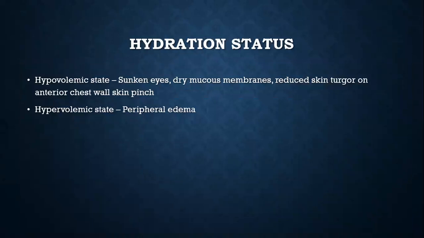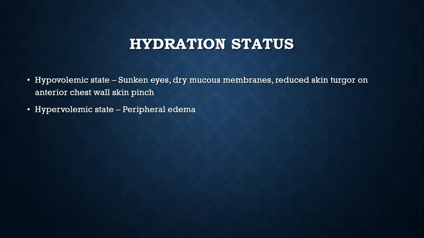So when we look at the nutrition, we should always also have a look at the hydration status of the patient. We know that one of the common complaints of the gastrointestinal tract will be nausea, vomiting, and diarrhea. A severe hypovolemia can lead to sunken eyes, dry mucous membrane and reduced skin turgor. McLeod mentions we have to look for skin turgor on the anterior chest wall rather than on the forearm. A skin pinch which is slowly returning in more than 2 seconds suggests dehydration, severe dehydration.